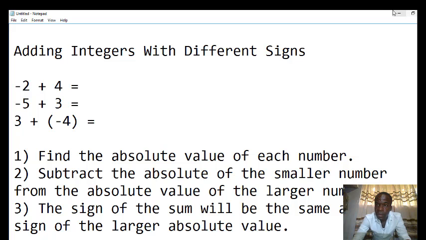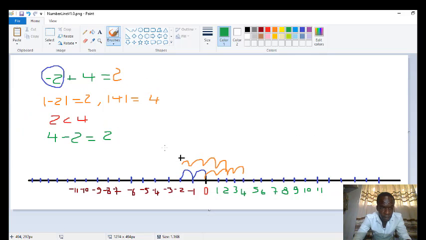Then let's go back. We have 4 and 2. Then 4 is the biggest one. Then in our operation up there, 4 was positive. It only means that the sign of our sum will be positive, which gives us something like